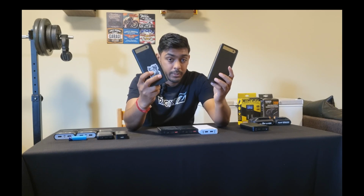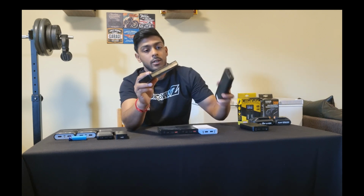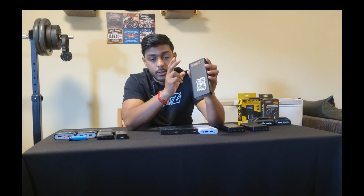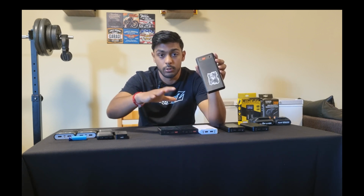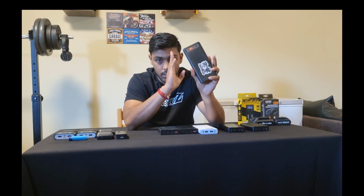Okay, we are now on to our Temu section of our power banks. This power bank from Temu houses 8 cells. With this power bank, it does have a battery indicator, so it tells us battery level in percent. Our other power banks skip from 25, 50, and so on. They go 25% at a time. This one gives us battery